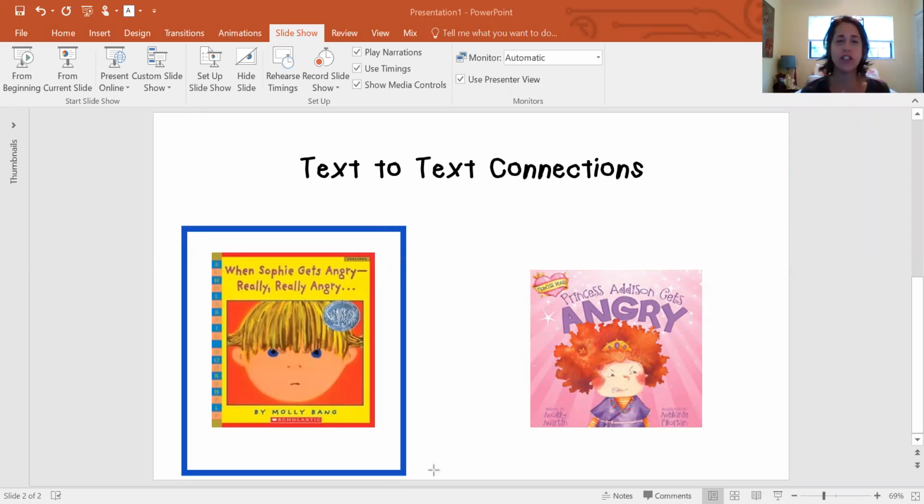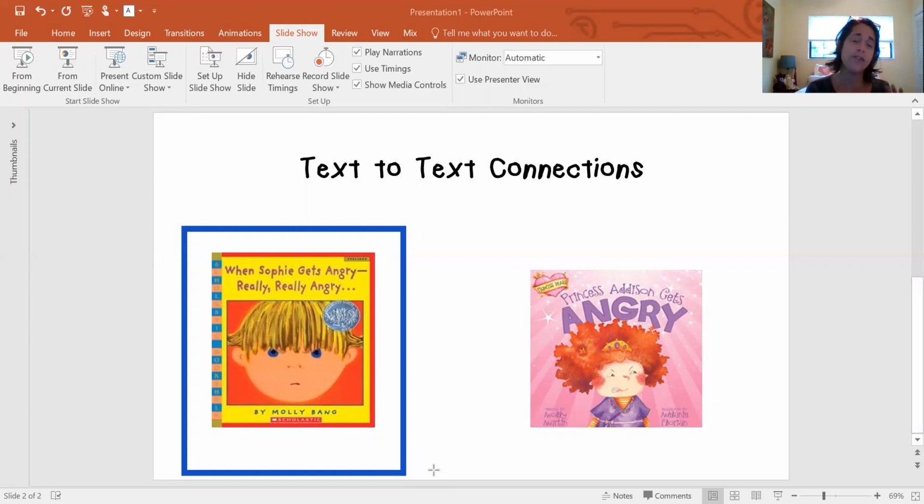I do. When Sophie gets angry, really, really angry. I just remember her being so angry. She looked like a dragon, had fire coming out of her mouth. She got so angry and she cried. She just cried and left. And when she left, she took a deep breath. After she took a deep breath and started breathing, she got calm. And then she went home and she was happy again. I've learned that when you take a deep breath, you get happy.